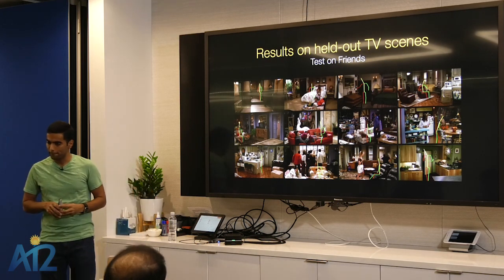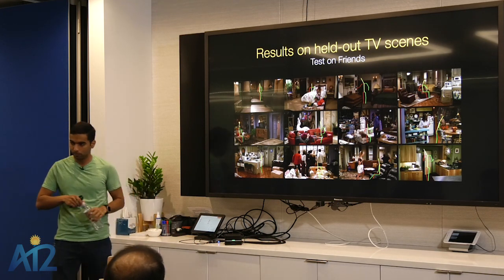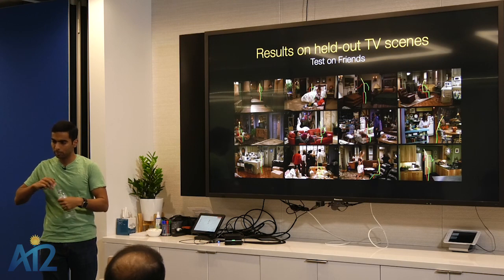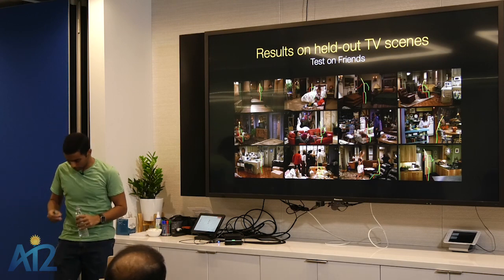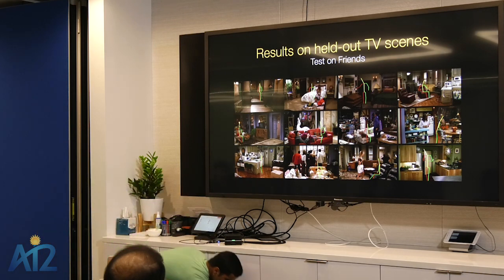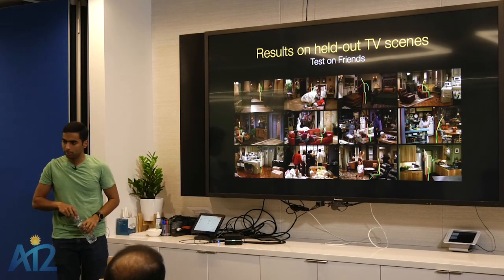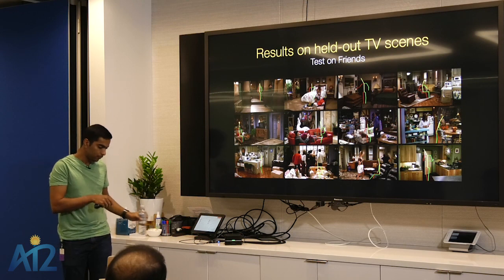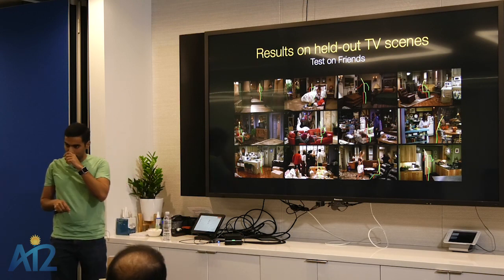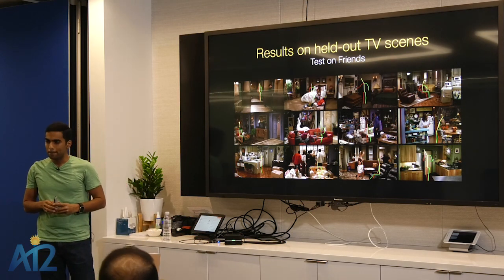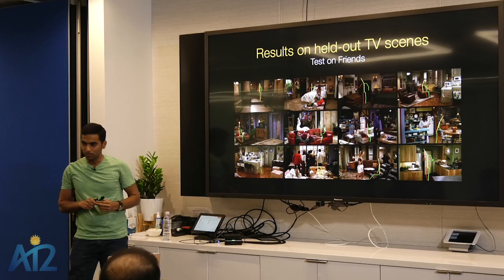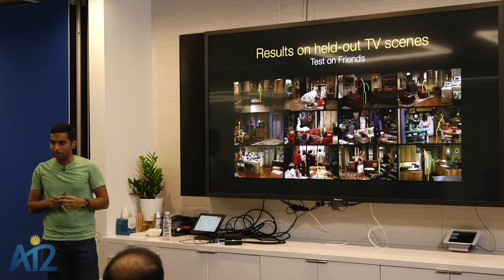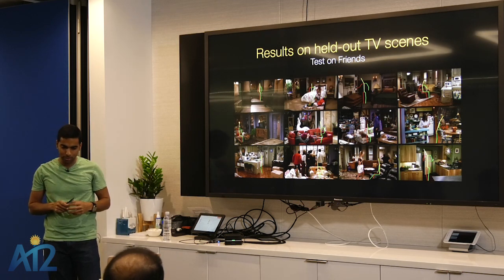One of the problems I can see with using TV series is that a lot of these are sitcoms. Sitcoms are generally shot on set, so there would be a limited number of furniture pieces, scenes, and ways of interacting with them, etc. So have you done any analysis on what's the diversity of scenes or furniture pieces or places in the scene, and if that's affecting your generalization at all?